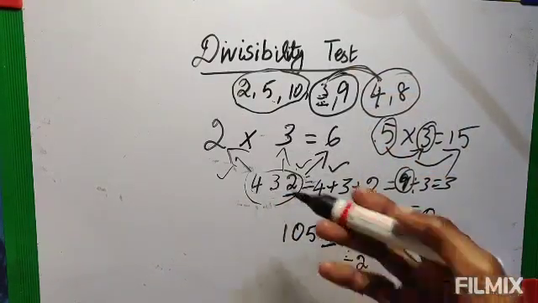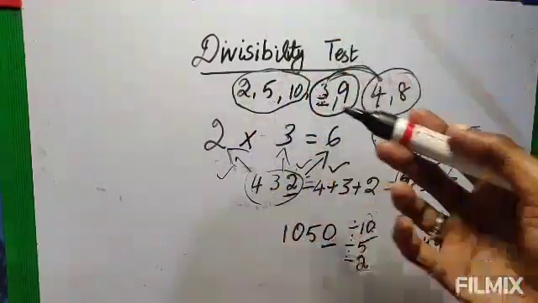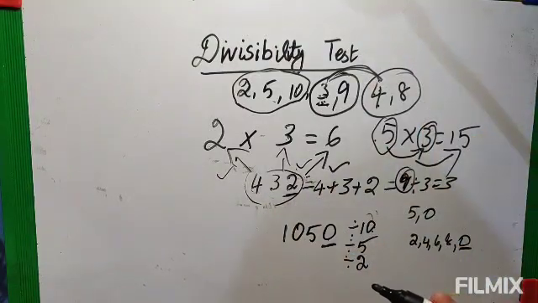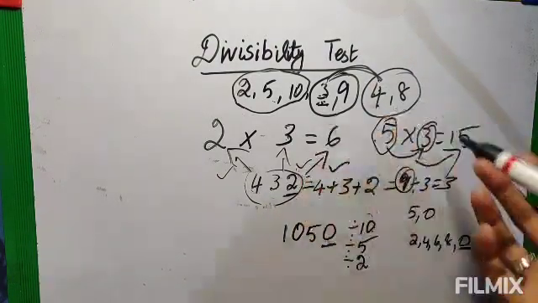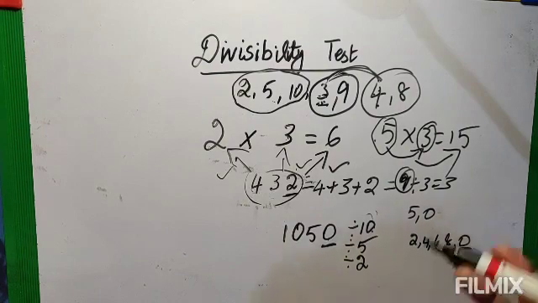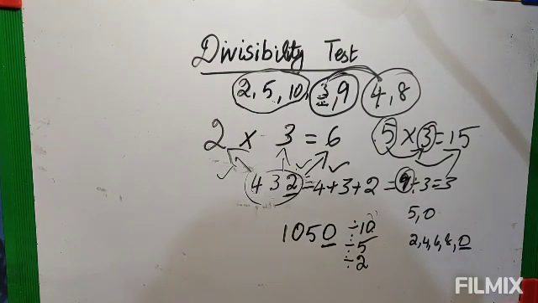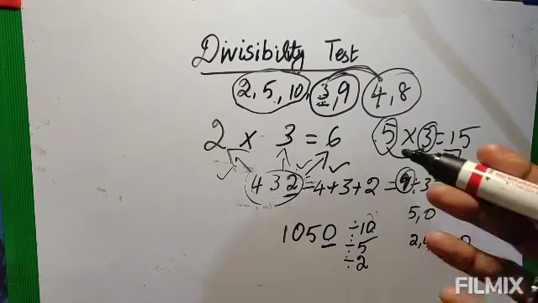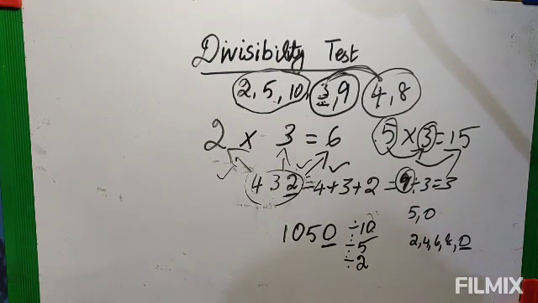So that way you can combine numbers and check other divisibility tests also. That way you will get almost all the numbers. If you know whether a number is divisible by another number, then you can find the factors. For that only, I did not teach you the factors first, and I was teaching you the divisibility tests.